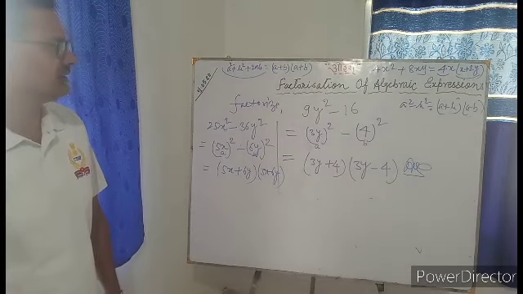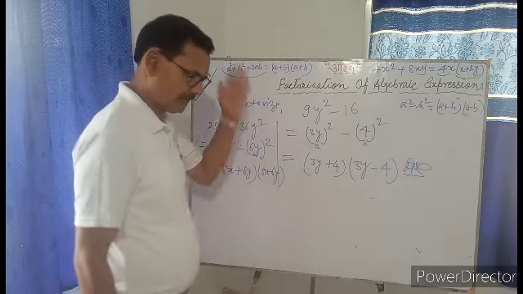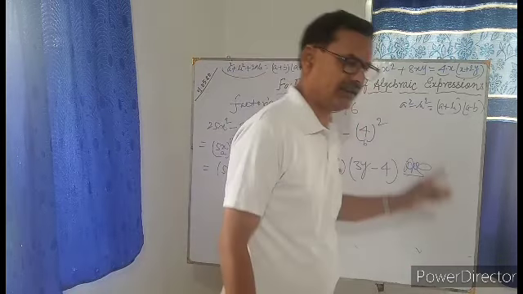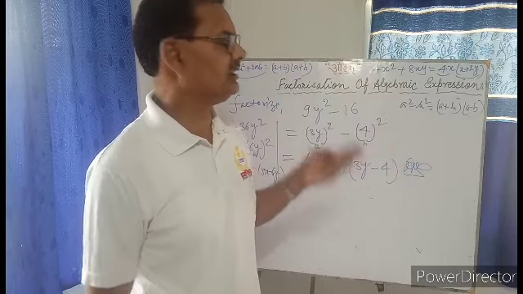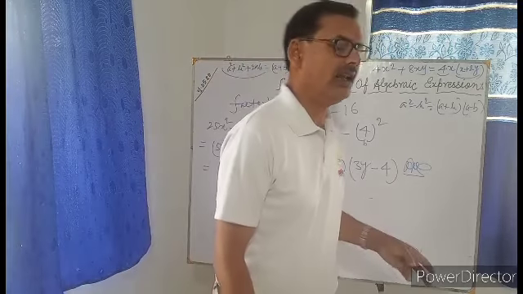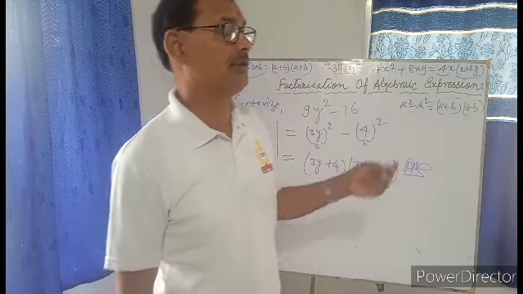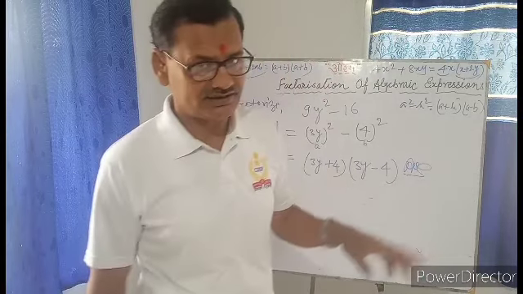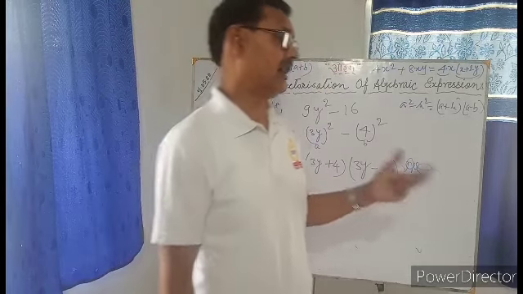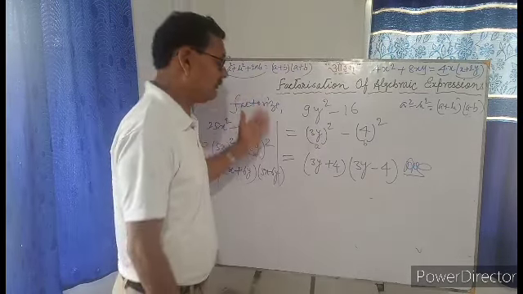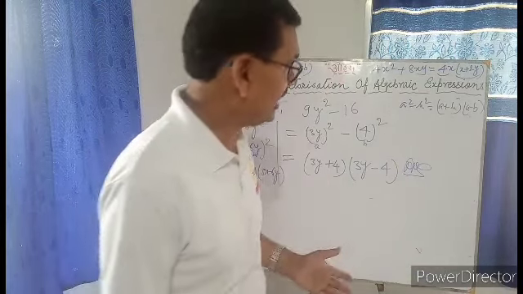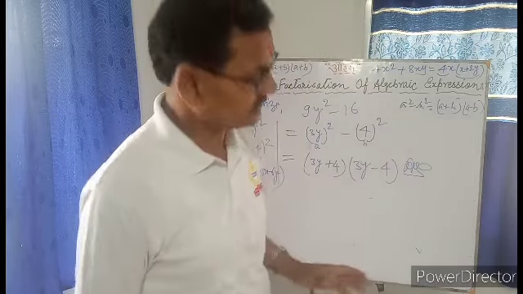Okay. So dear students, you have come to know, we have explained the three types of identities based factorization. That is the identity first a plus b whole square based factorization, the another identity a minus b whole square based factorization, and the third identity, that is a square minus b square based factorization. We have to recognize, only we have to find out the value of a and b. a और b को निकालना, पहचानना हम समझ गए, तो समझ लीजिए कि हमारा factorization समझ में आ गया.